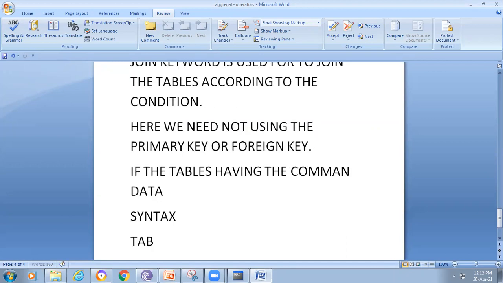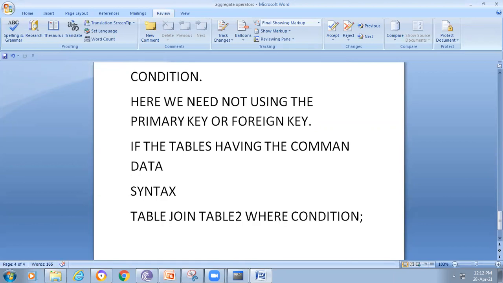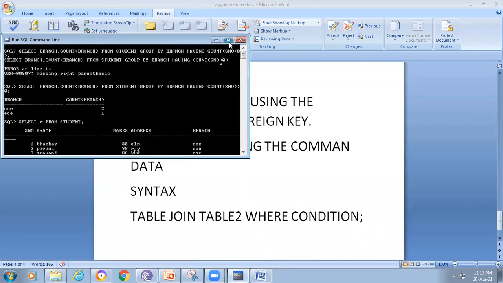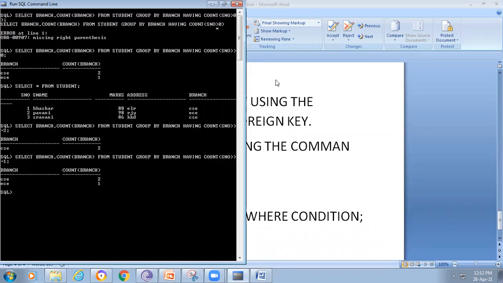Then how can we use the join syntax? Syntax: table 1 join table 2, then specify the where condition. This is the syntax. For example, if I want to display the data, I'm creating the tables only for this purpose.